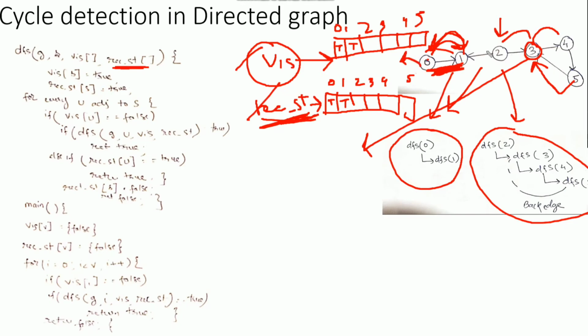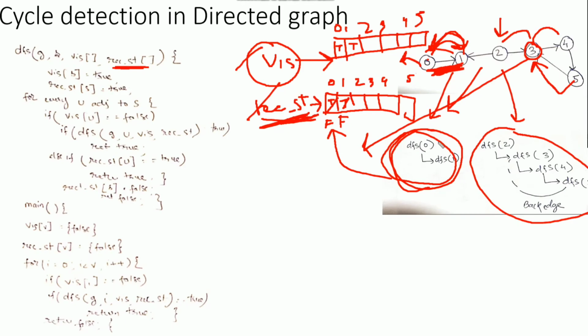While moving to the caller, we need to change this value back to its initial value, false, because for each recursive tree we need to maintain this recursion stack array.